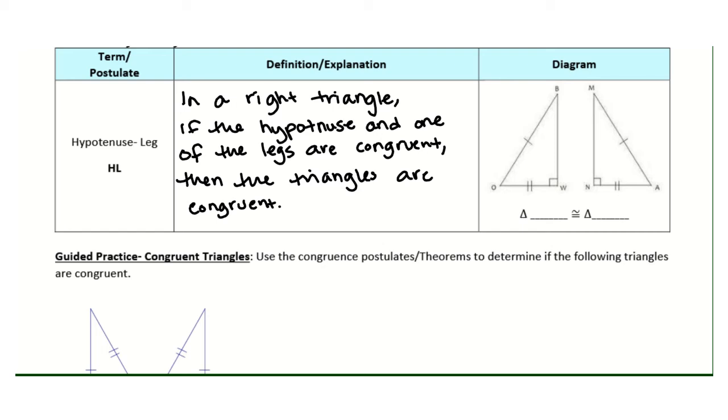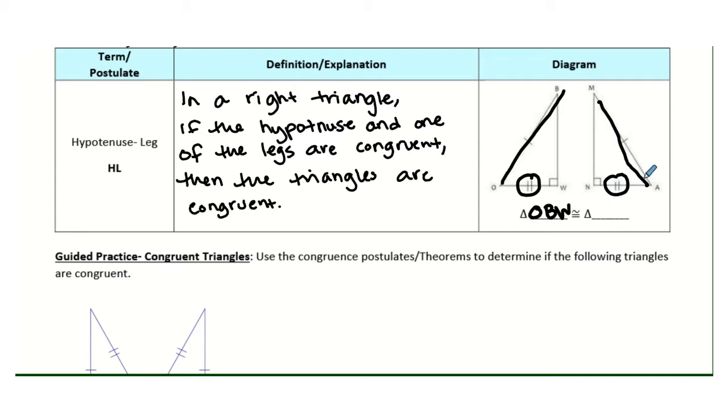So another type of triangle congruence is called hypotenuse leg, or HL, and this only works with right triangles. So if you have two right triangles, and I can see that because it's denoted with this little symbol here that tells us that this is a 90-degree angle. If the hypotenuse, so here's your hypotenuse, and one of the other legs, so in this case it's this one, are congruent, then we can say that both of these triangles are congruent. So here I can say that triangle OBW